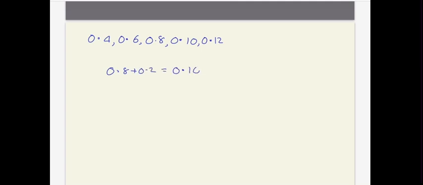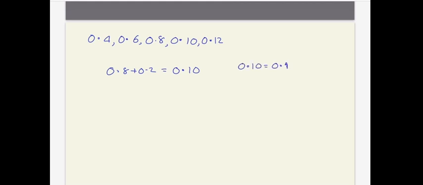This video is a response to a task that I sent my students on making a sequence of numbers that begin with 0.4 and it goes up in 0.2s. So a lot of students came up with the sequence 0.4, 0.6, 0.8, 0.10 and 0.12. And the problem here is that 0.8 plus 0.2 doesn't equal 0.10 because 0.10 is equal